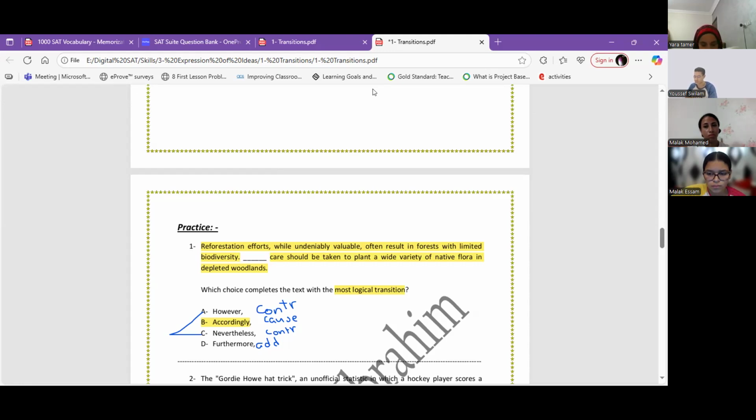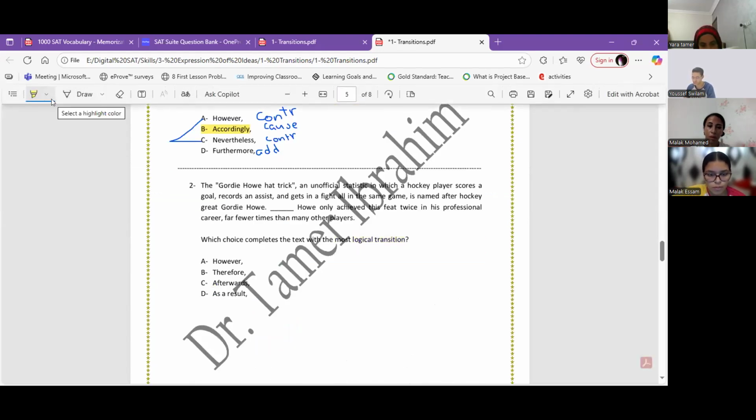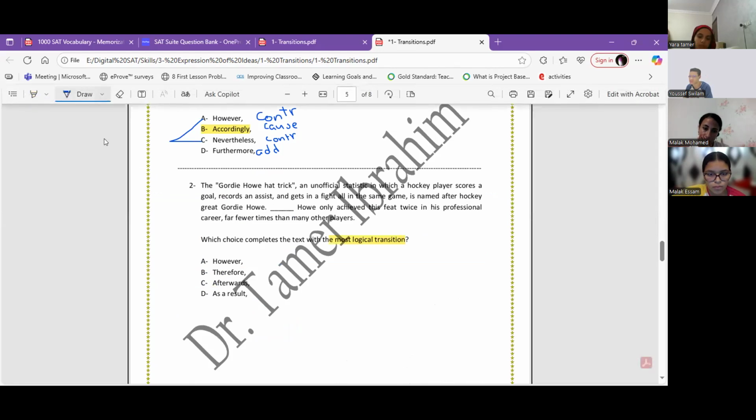Clear. Second one. And who's gonna help me? Laith. How do you know that this question is transition? Most logical transition. Okay. Can you tell me now the function of each word here? However,